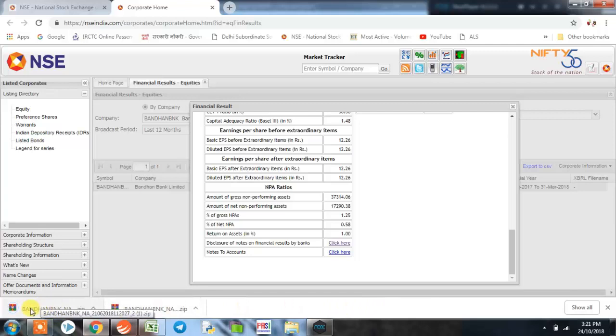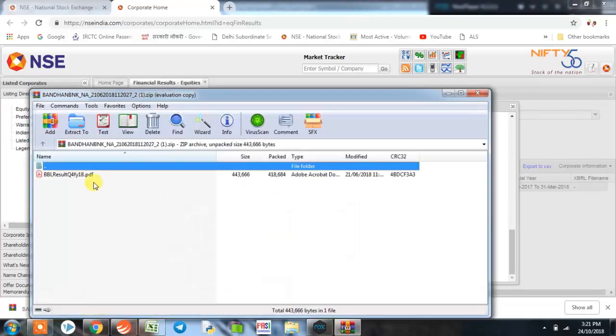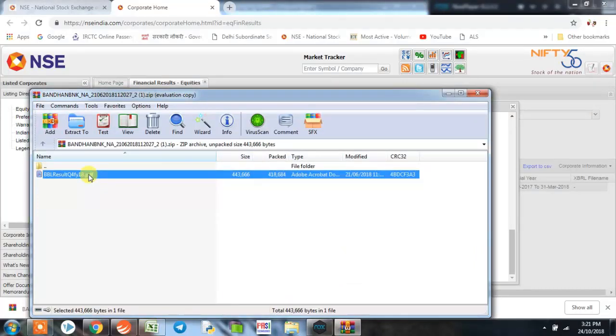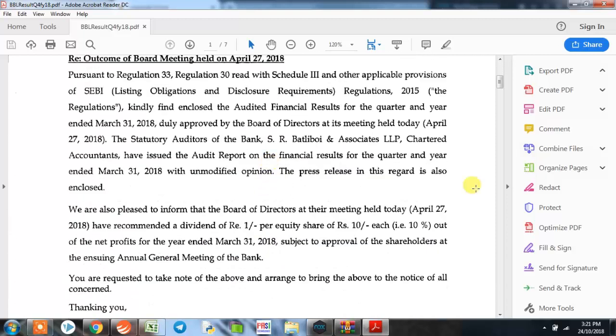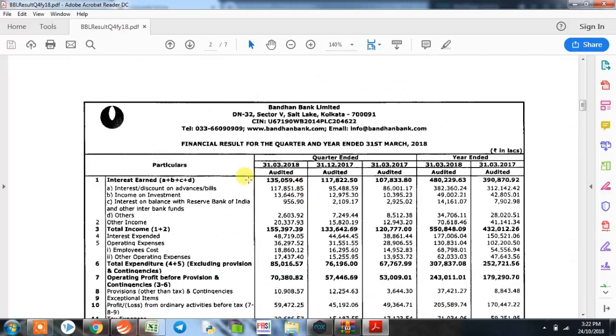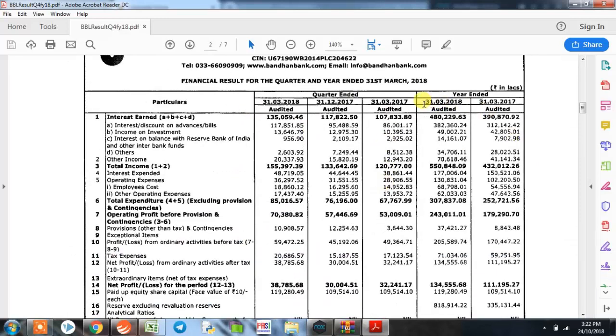And when we click on this balance sheet WinRAR file, double click on the balance sheet, we get to know the documents that were submitted by Bandhan Bank to NSE India. So here we go to the balance sheet first. We'll be using the audited